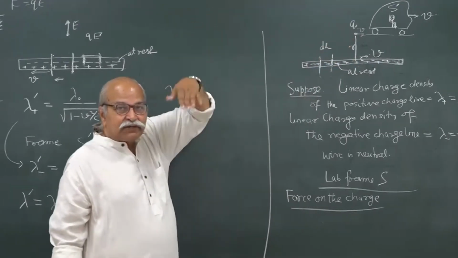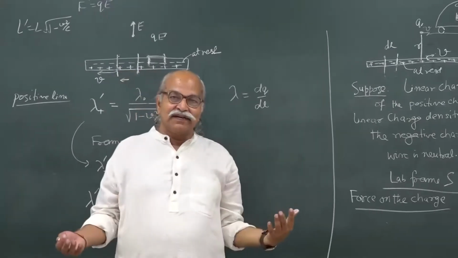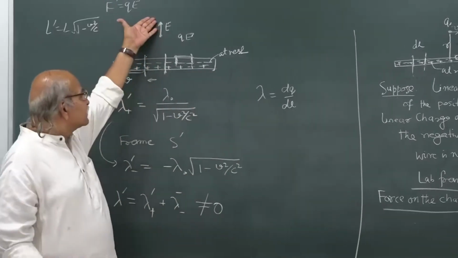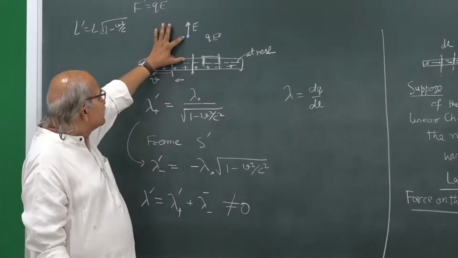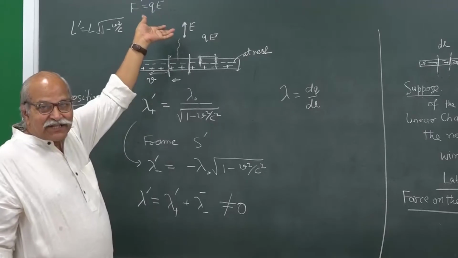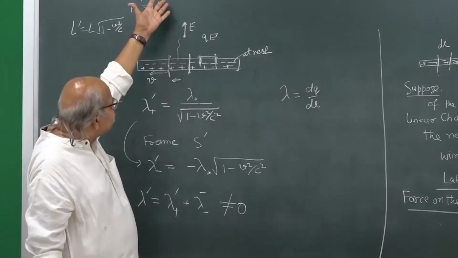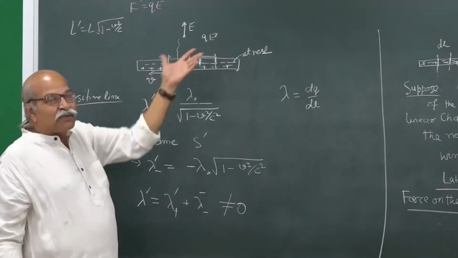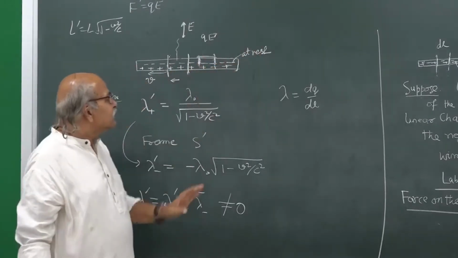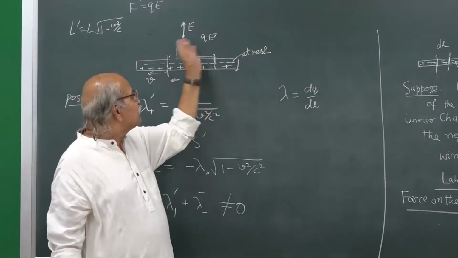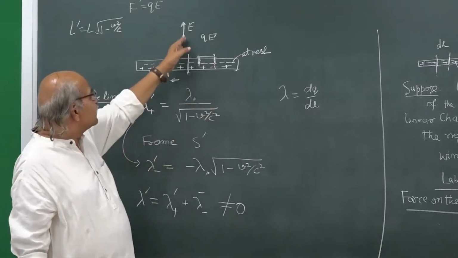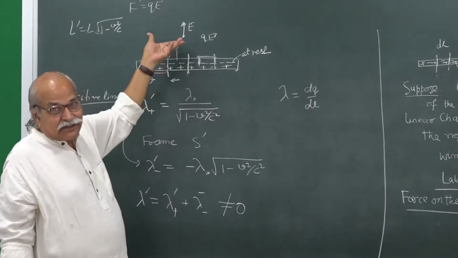But now, if I see from the trolley frame, there is a positive charge density on the wire, there is an electric field in this direction, and therefore, there is a force, and this distance keeps increasing. Now, this is very illogical. If this distance is increasing, then it should increase from both frames, because it is a perpendicular distance. The trolley and the lab are moving with respect to each other in this horizontal direction on the board, but then this perpendicular distance should not change, or if it changes, it should change in both